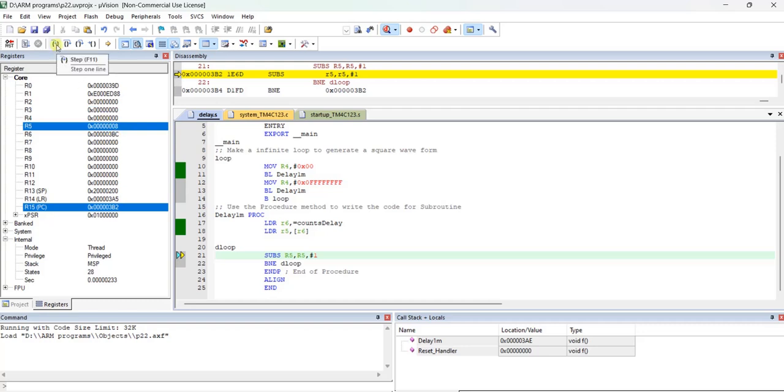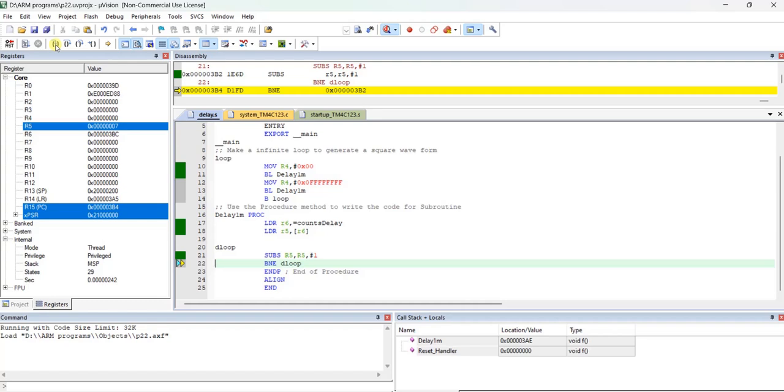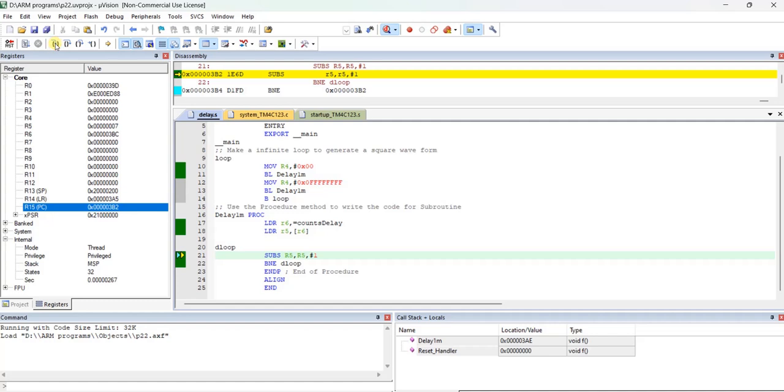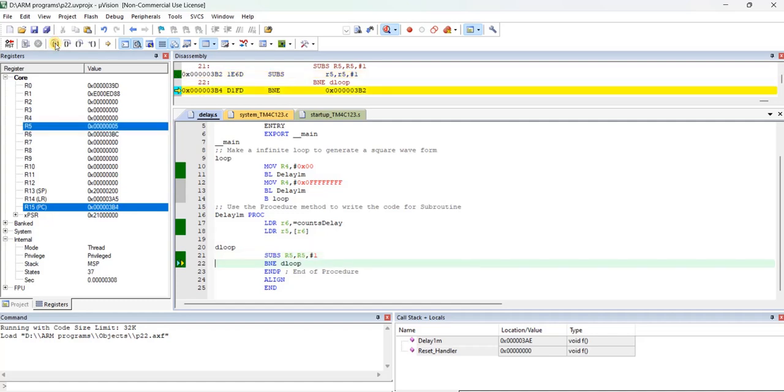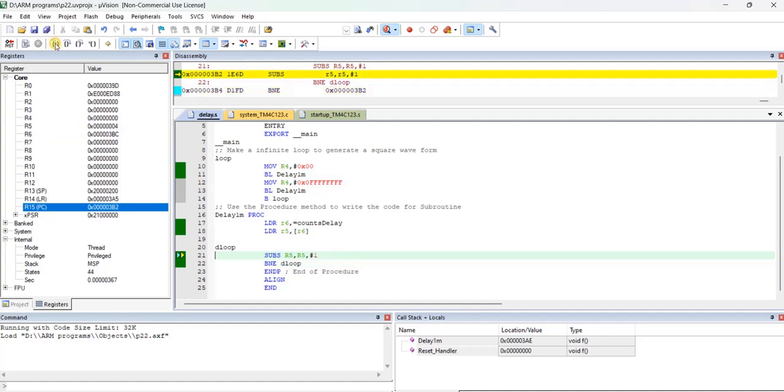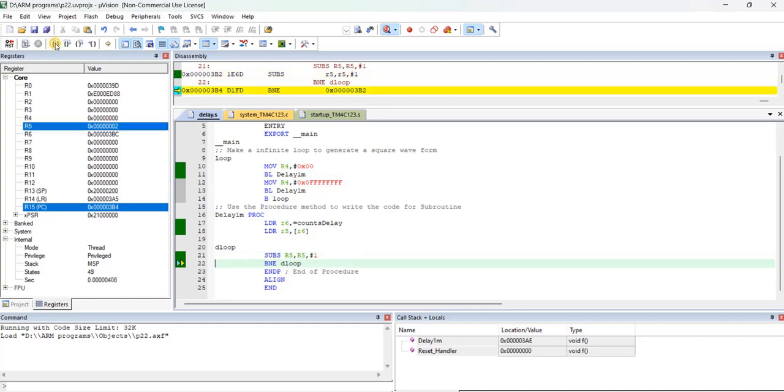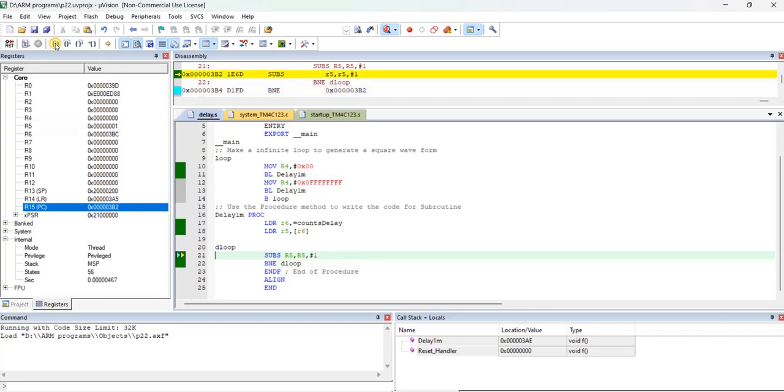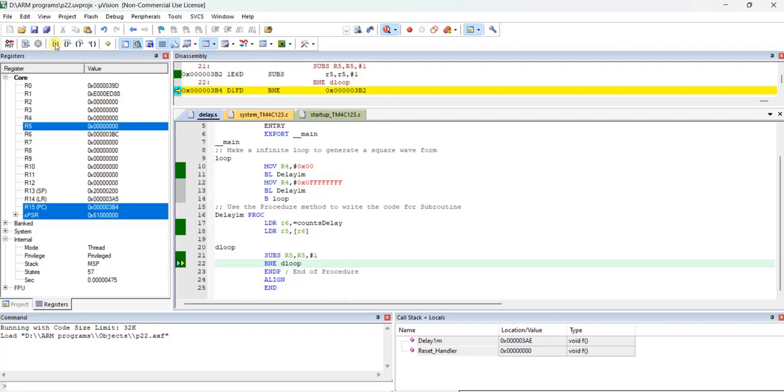So now let us see what is the value of R4. R4 is 0x00. So as I told you, we are going to start with the logic 0, right? So you can observe now the counts delay is getting reduced to 7, 6, 5, 4, 3, 2, 1, and the moment it becomes 0, the next one would be, see, if you want you can also observe